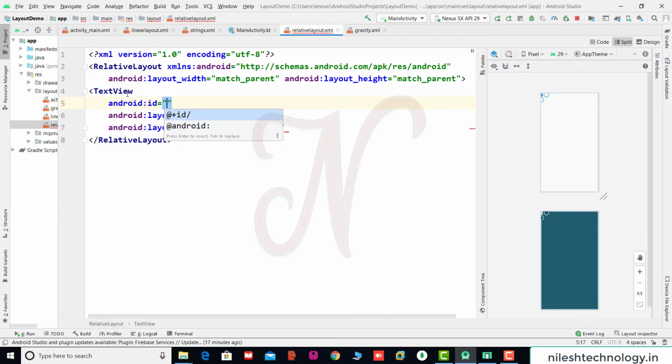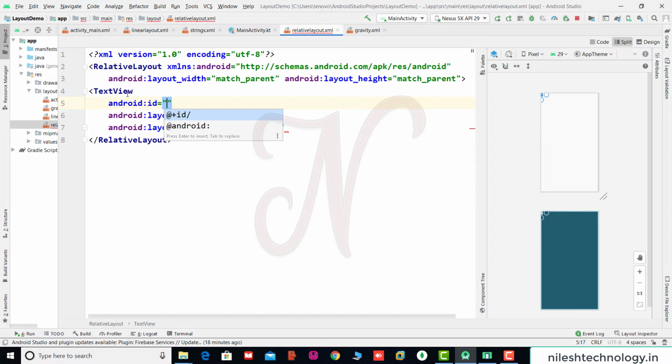There are two options, @+id and @android. When you use the @ at the beginning of the string, it indicates the XML parser should parse and expand the rest of the ID string and identify it as an ID resource. The plus symbol means that this is a new resource name that must be created and added to our resources.